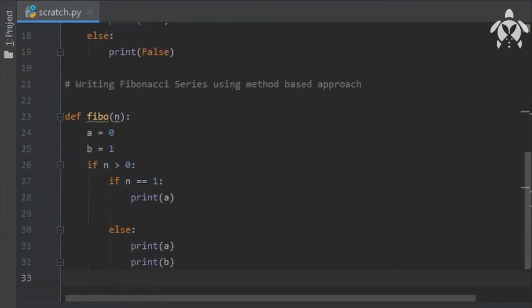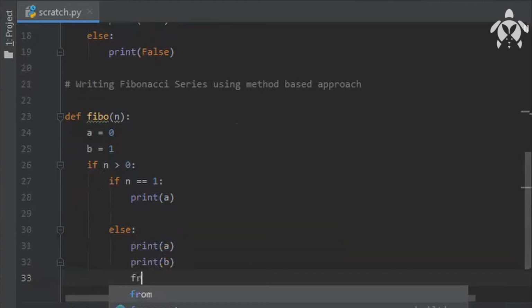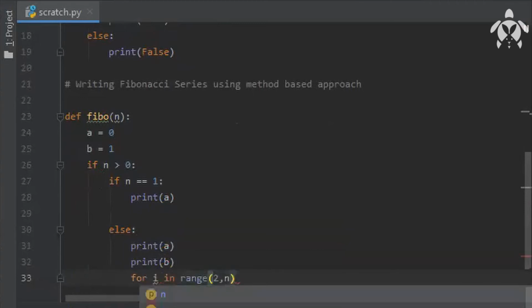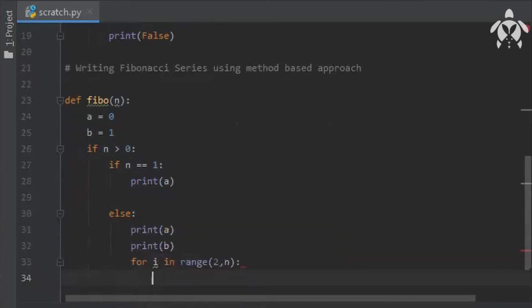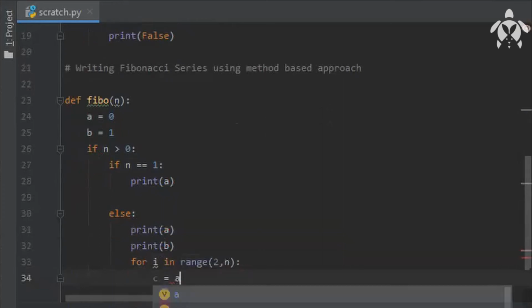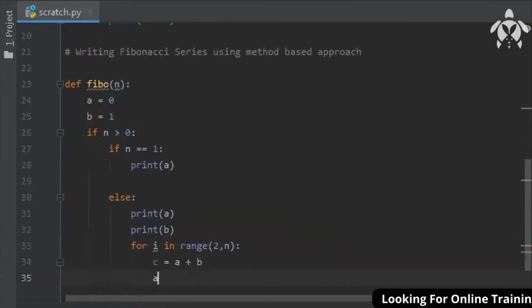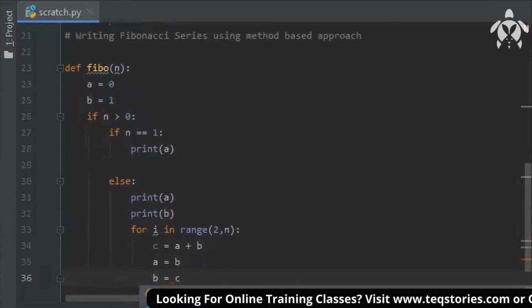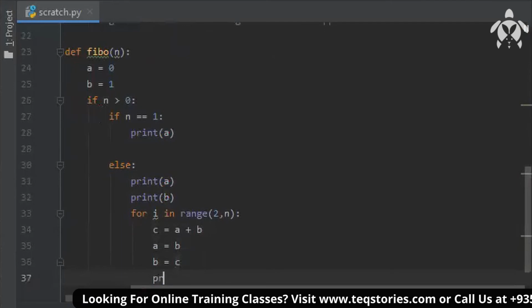And I'll take another loop here to n, and here I'll take c is equal to a plus b, and I'll swap the values: a is equal to b and b is equal to c. Now I'll print c there.